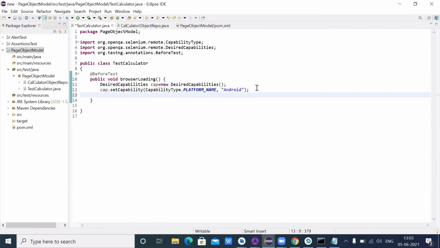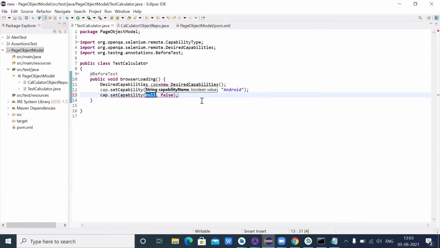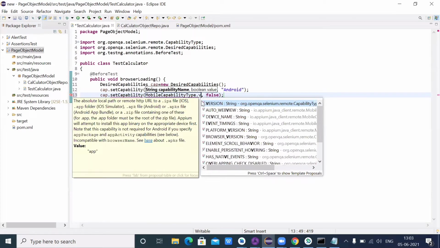After that, I want more capabilities, so I will use cap.setCapability, and I want to set the mobile capability type dot version. I want this time, so I will take version.